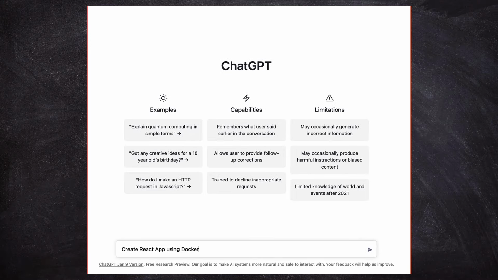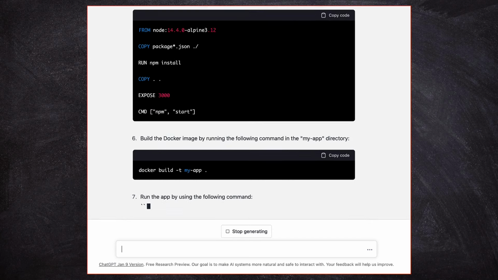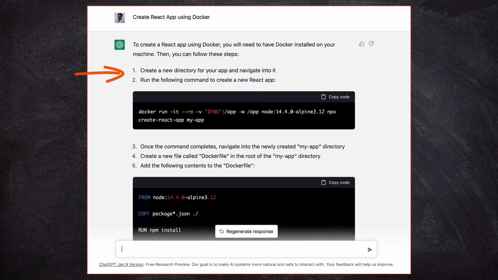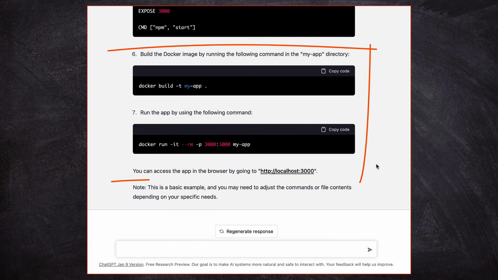Now let's not have unrealistic expectations of getting a full code setup to download from ChatGPT. Here it instructs to create and navigate to a directory, run the Docker command it generated, which should create an app directory with some code for a React application. And it instructs to navigate to the app directory, create a Dockerfile in that directory, and it generated the Dockerfile. So that was cool. And next is to run a command to build a Docker image,